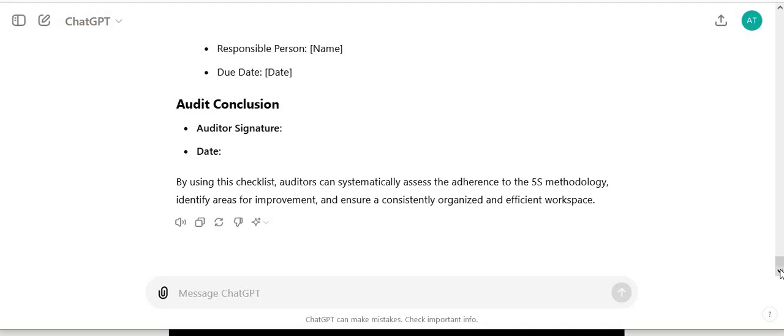I must add that ChatGPT is, after all, just a tool, and it is not a human expert. So it is not going to give you a perfect plan. So you cannot expect ChatGPT to implement the full 5S methodology on its own, but its main benefit lies in its ability to come up with initial drafts and suggest ideas. So you should start using ChatGPT for 5S methodology,